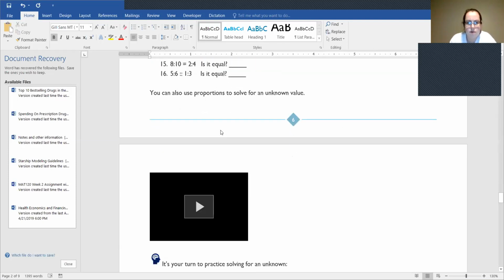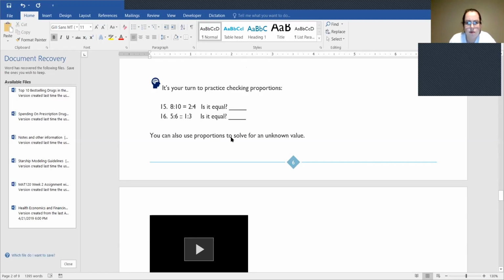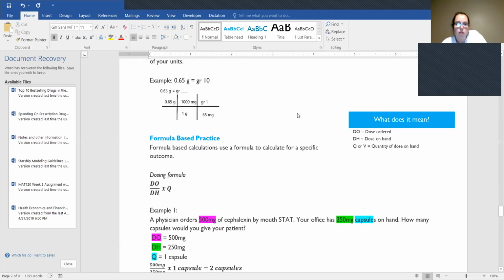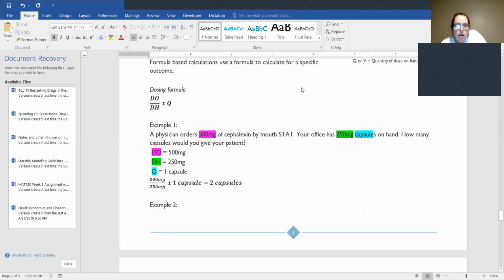So you'll get a chance to look at that and make those decisions. Now, let's look at this dosing formula. This actually comes out of a rearrangement of a proportional equation, which is going to be expressed as